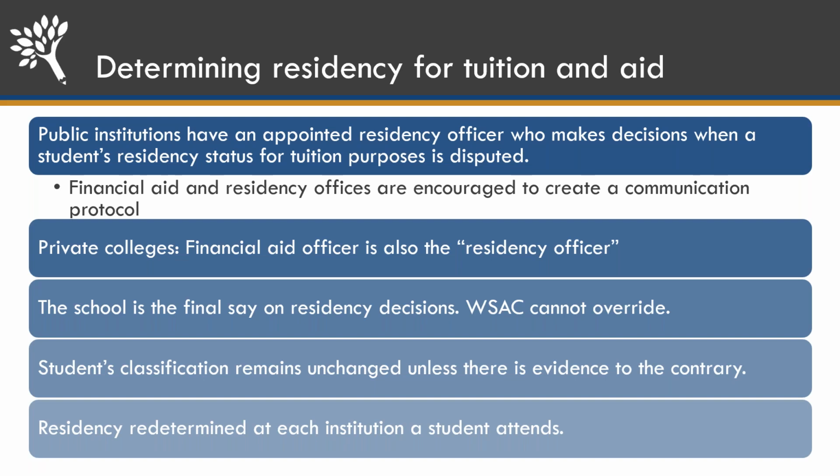So with that said, financial aid offices at the publics are really encouraged to create a communication protocol or plan with your residency offices, because you really shouldn't have to be redetermining residency for financial aid purposes, because your residency officer should have already figured that out. And of course, as Gabi mentioned, if you see any conflicts, you definitely want to reach out to make sure that the residency officer sees something that you are seeing that maybe they didn't know. So if you don't have that flow of communication going, we really encourage it, especially those of you who might be newer, reach out to your residency officer.